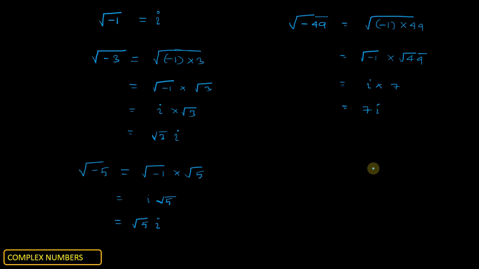What will be the square root of -64? It will be directly square root of 64 iota. Here the minus sign will be replaced by iota. Remember that we can directly replace the square root of -1 by iota, and we will write the magnitude of that number, that is the square root of 64. So we have 8 iota.